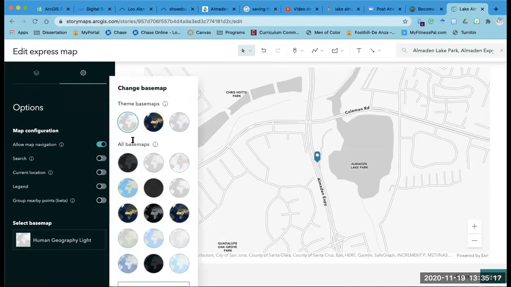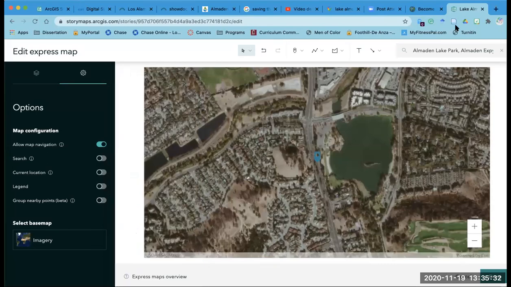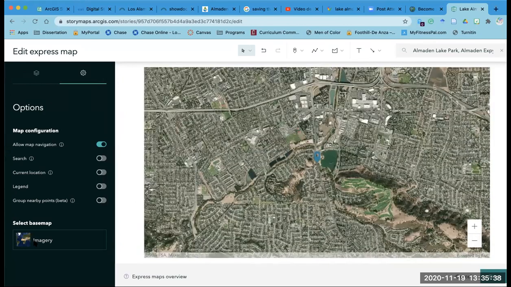This is a great option as well because you want to make sure that your map looks great, because visual appearance of maps is very important, and you can change the base map. So throughout your mapping adjustments, you'll want to play with the base map and also play with the colors and the style, as well as the color of the point.